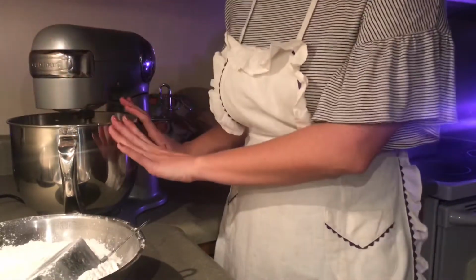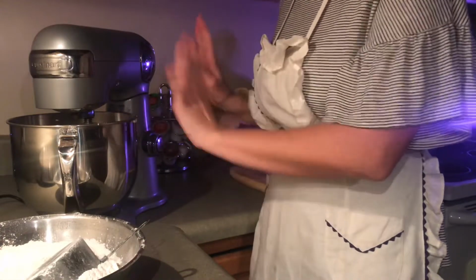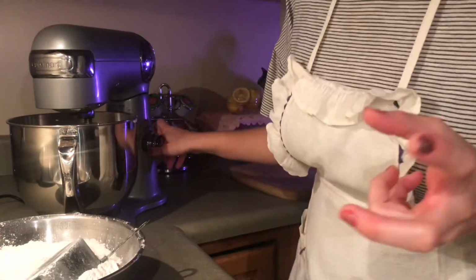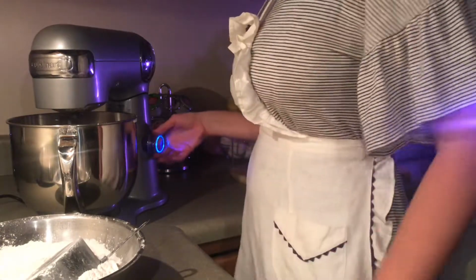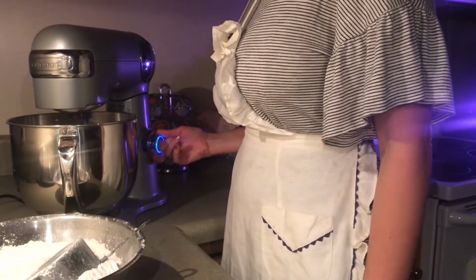And this is going into our egg, butter, sugar, cream mixture. Creamed, not cream, but made like a... Yeah, I'm gonna shut up. Okay. Turn it on. Start it low so that you're not...